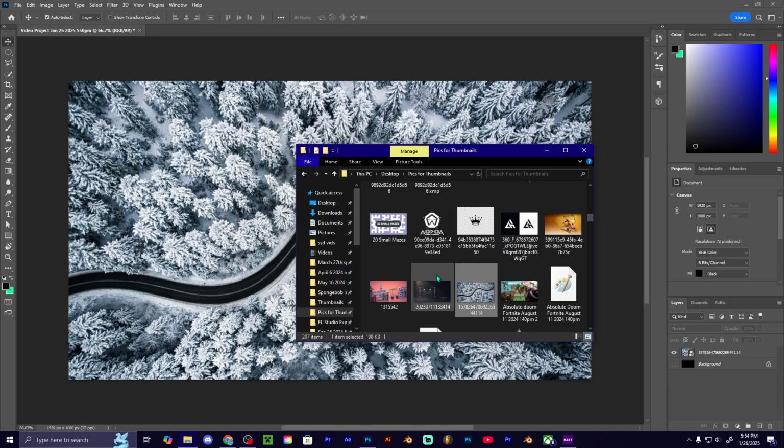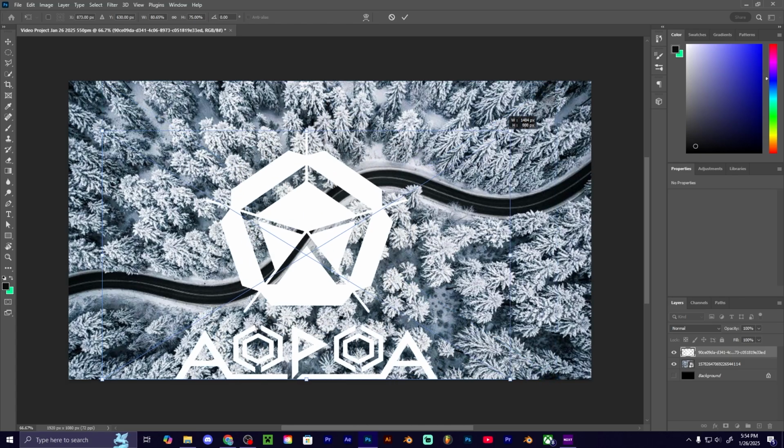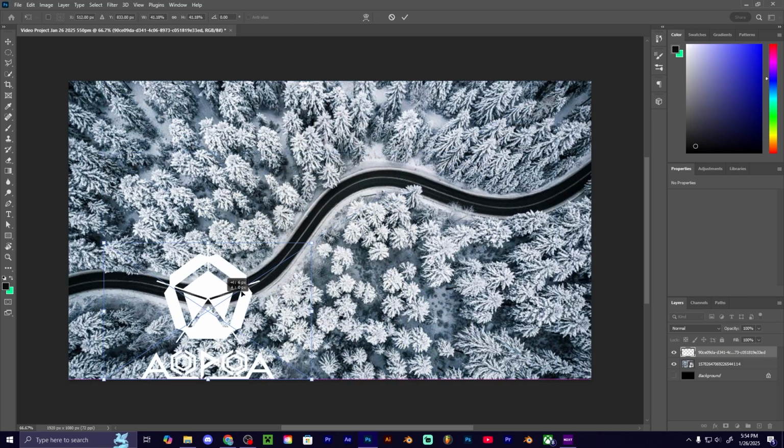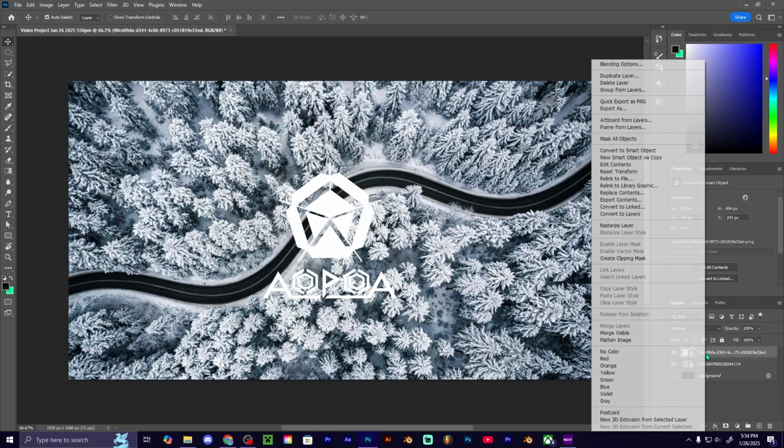But let's say we wanted to add in a PNG. This is a transparent image that has something over it. As you can see, we're just going to scale it and center it and then check mark it down to place it in place. We're going to go ahead and name this as well. So if you want to, just double click on the name, or you can right click and rename in here,